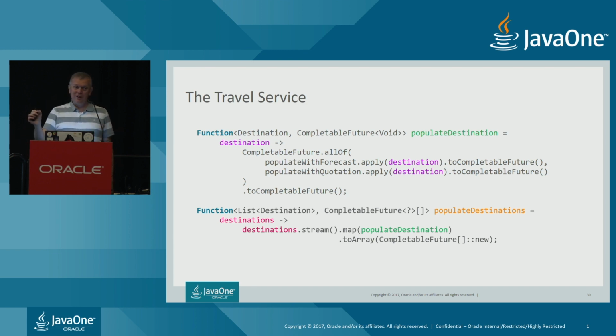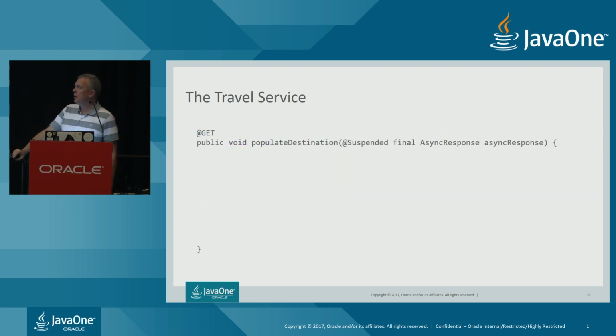Why? Because what I'm interested in is the time at which all those CompletableFutures will complete. And for that, I'm going to use an allOf static call once again. And for that, I need an array. So I'm going to put all the results of this stream mapping in an array.